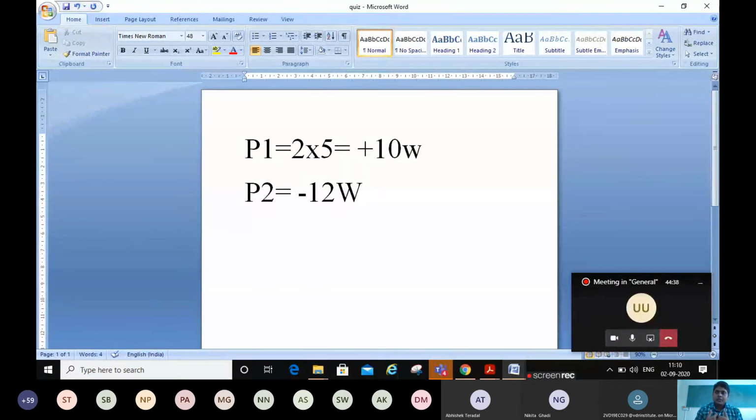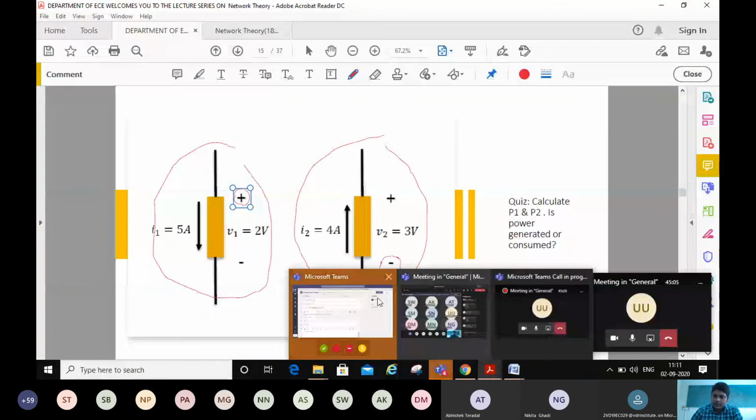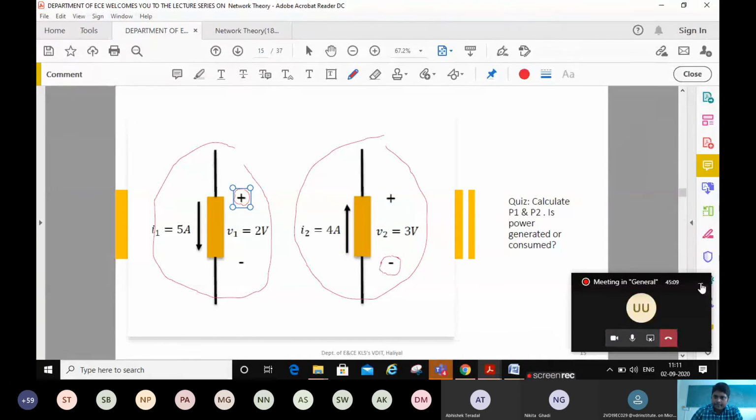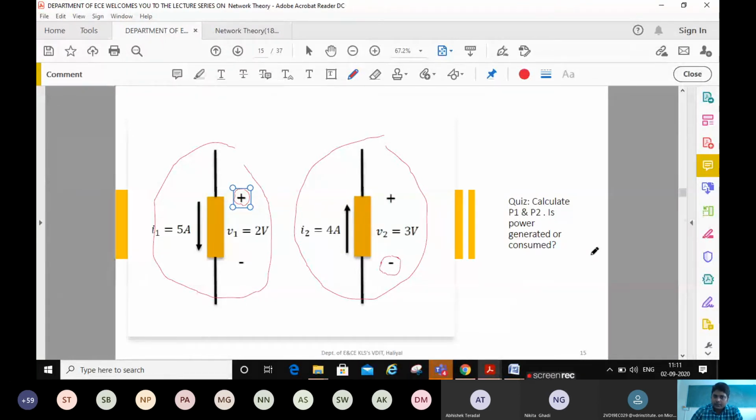If it is consuming the power, then it will be positive, right? It is just like once you have food, you are gaining some energy, so you can use it. If you do some activities, you are losing or generating the power. Similarly, you need to consider the same thing here. Any questions regarding this? Please feel free to ask.